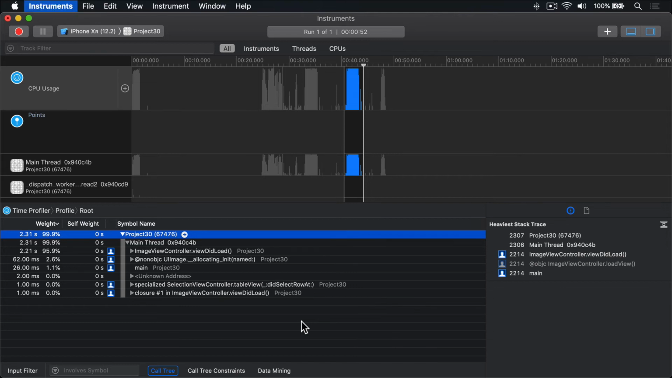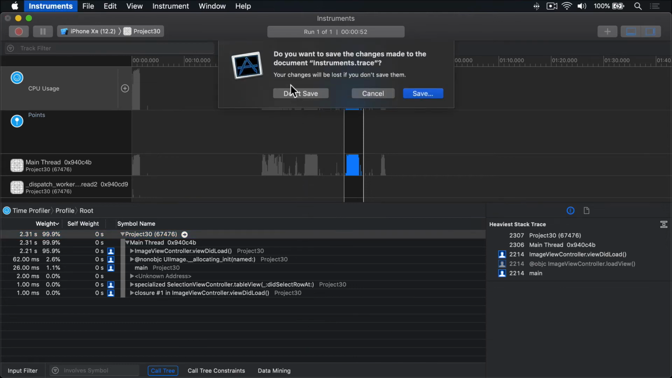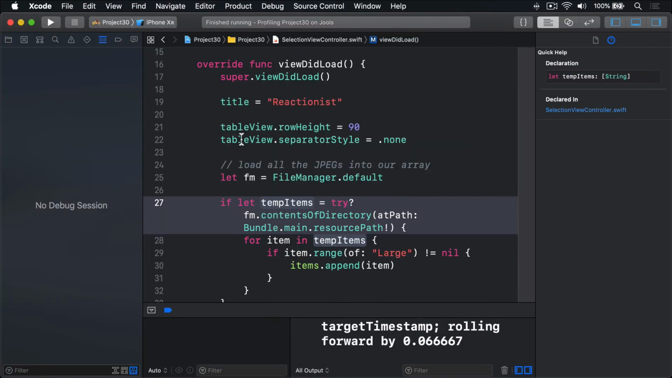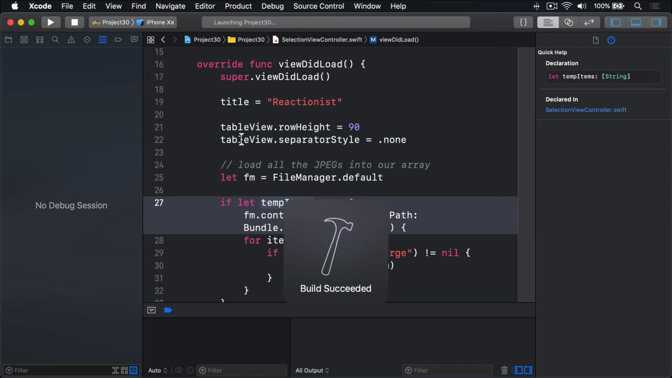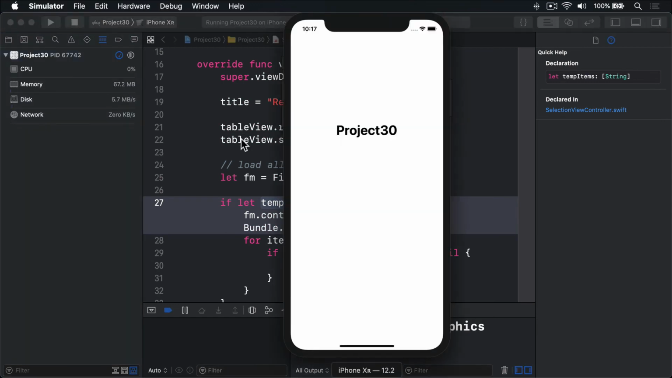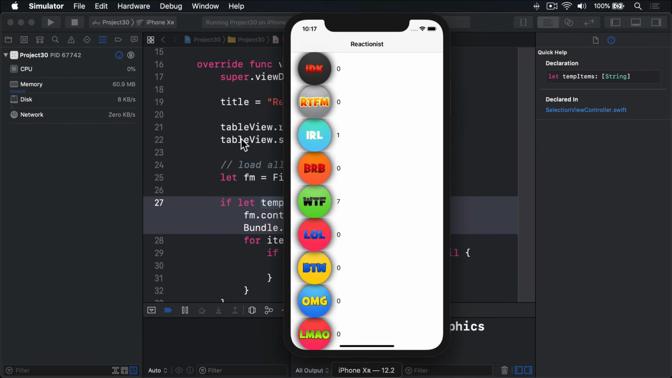Now press Command Q to quit Instruments. Go ahead and choose Don't Save, it's fine. Back in Xcode, I'd like to press Command R. It's a normal run of the application. Now though, rather than using the app, I'd like to go up here to this Debug menu and see some